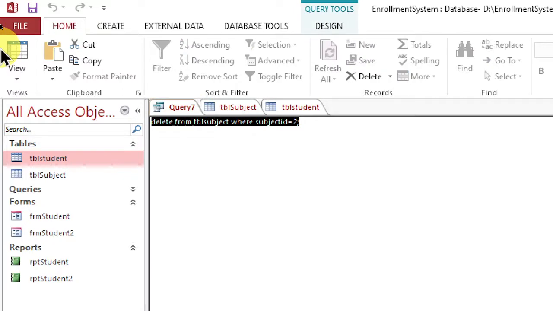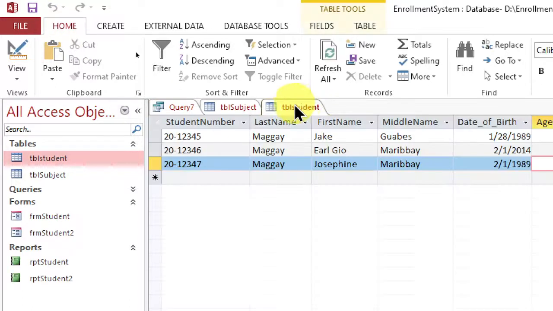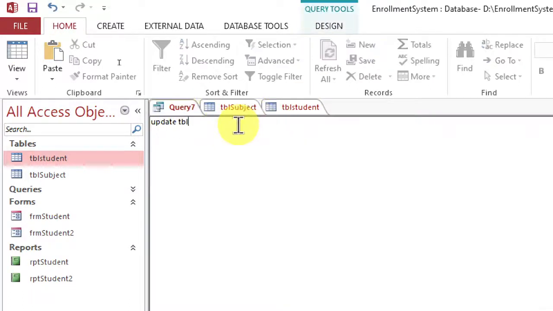Okay, so update table, update TBL student. Okay, since we are referring to TBL student, after update TBL student, set age equals 30. Okay, where